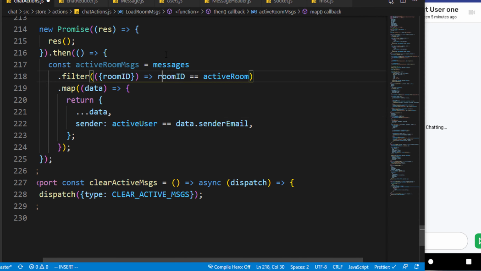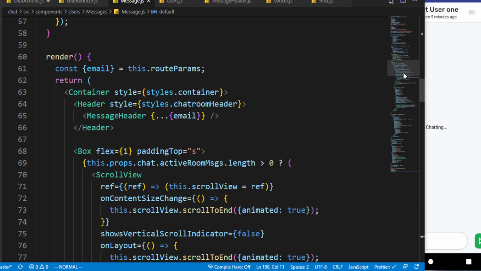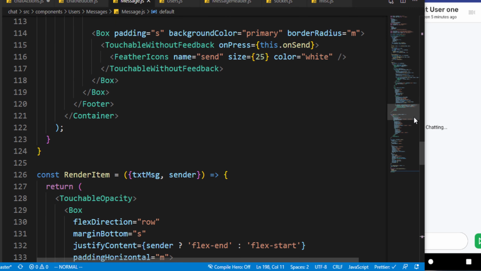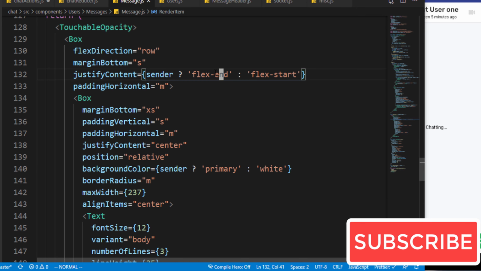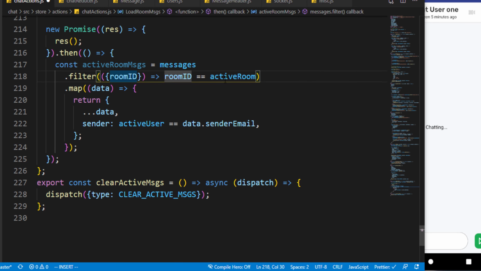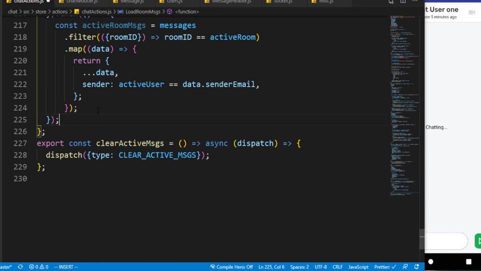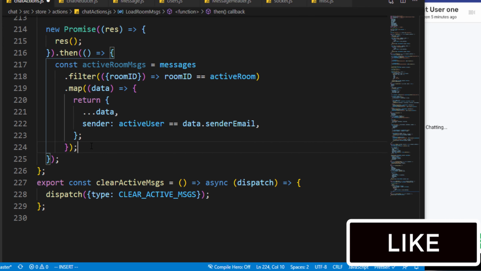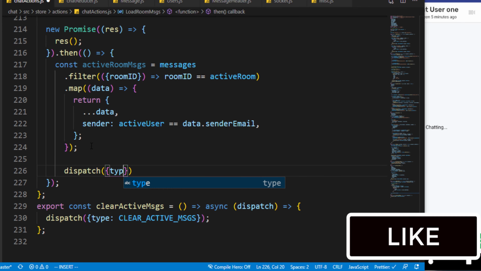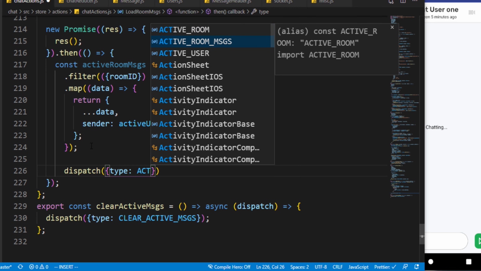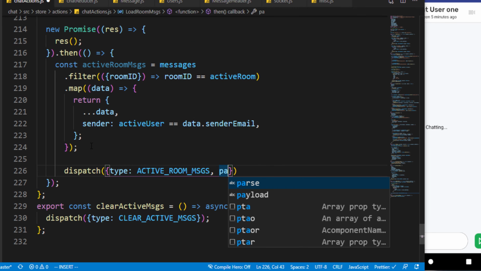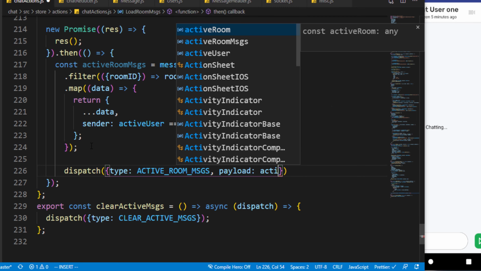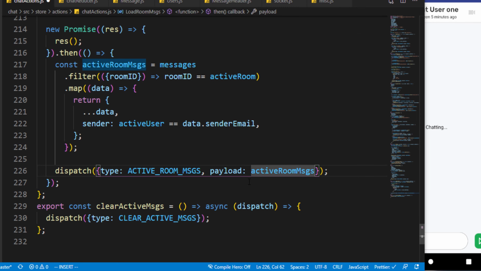so that the ones that we send are going to be at the right. In the messages over here, let me just check that out. In the render item here, we say that whenever the sender is true, it's going to use flex end, or else it's going to use flex start for the incoming messages. And lastly, you just have to dispatch a type of active room messages, and then we pass the payload of active room messages. So let's save that,